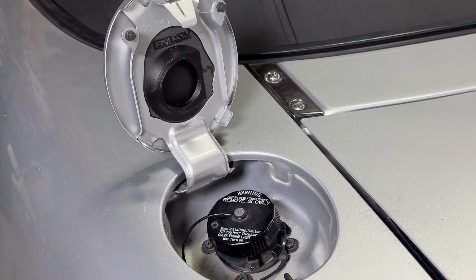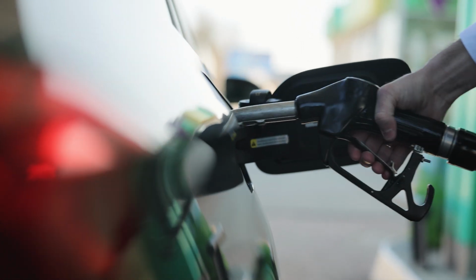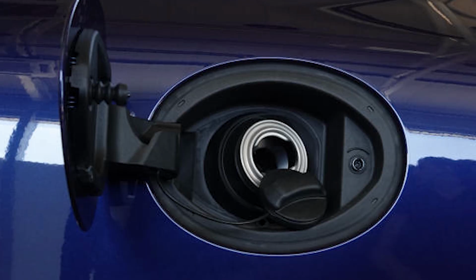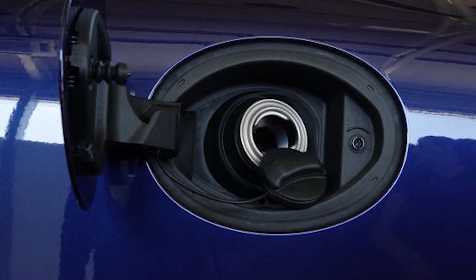Number 10, fuel cap holder. Almost every car comes with a fuel cap holder, yet many drivers ignore it. Letting the cap dangle while refueling might not seem like a big deal, but it can cause serious problems over time. When the cap hangs from the tether, it can scratch the car's paint and expose the fuel tank to